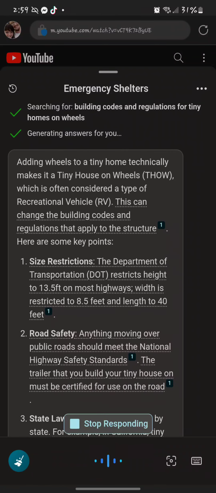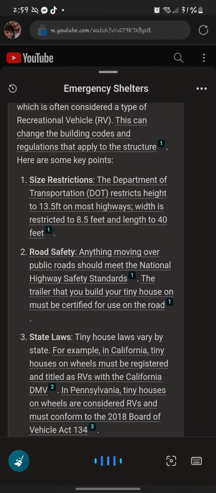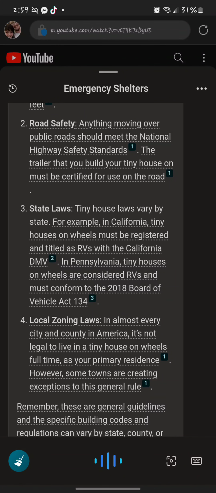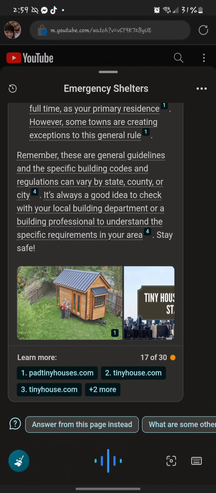Size restrictions. The Department of Transportation, DOT, restricts height to 13.5 feet on most highways. Width is restricted to 8.5 feet and length to 40 feet. Road safety. Anything moving over public roads should meet the National Highway Safety Standards. The trailer that you build your tiny house on must be certified for use on